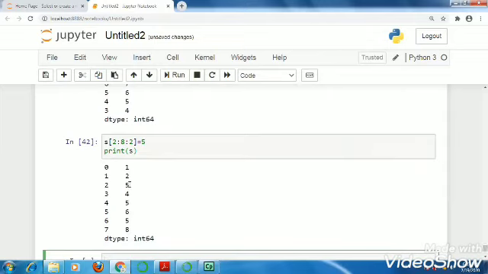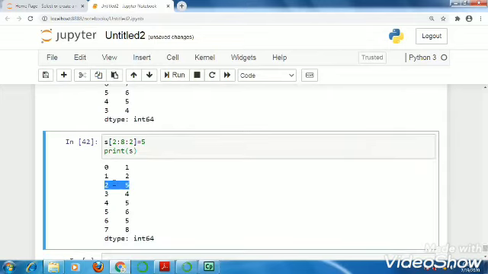At index 2 it is 5. After that one index will be skipped because step is 2. Then index 4 will be 5. After that index 6 will be 5, and up to 8 we have to give. So up to 7 the result is there.